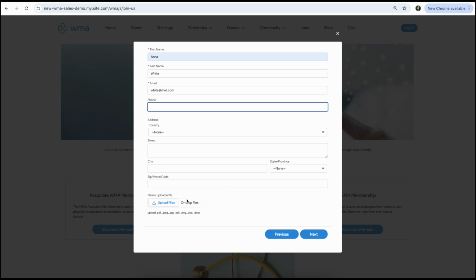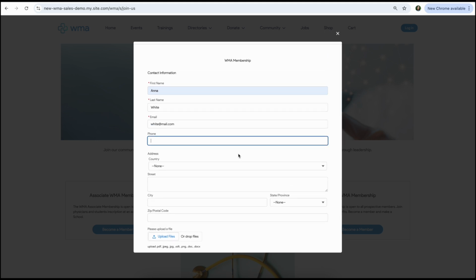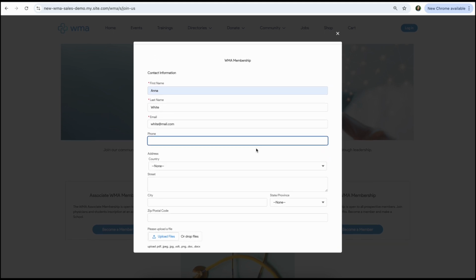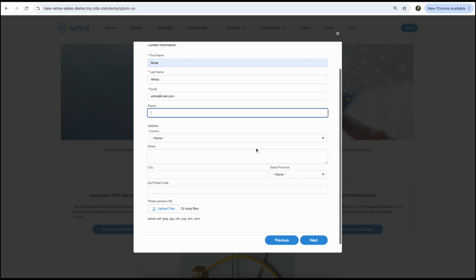This option can be hidden. This is configurable. But if the user is a logged-in community user who is registering as a member, this screen is not displayed as the contact record already exists for that user. And additionally, if a user is a logged-in user who purchases a membership subscription, the flow will ask if there is a need to create a new account for the organization, or if it's okay to proceed with the existing account. After we fill in the data, no matter if it's organizational subscription or individual subscription, we need to click